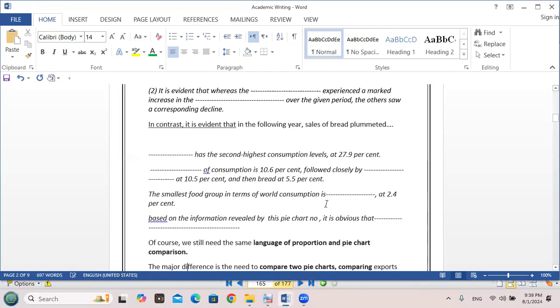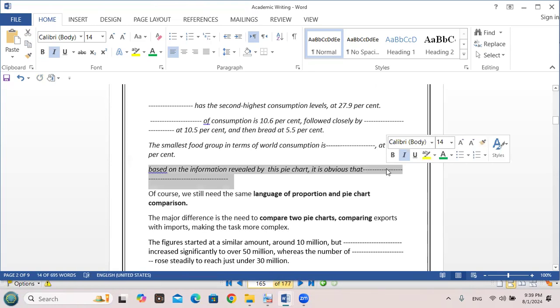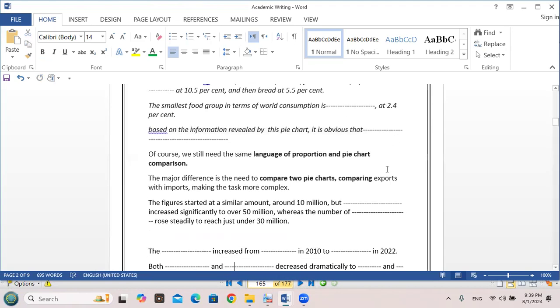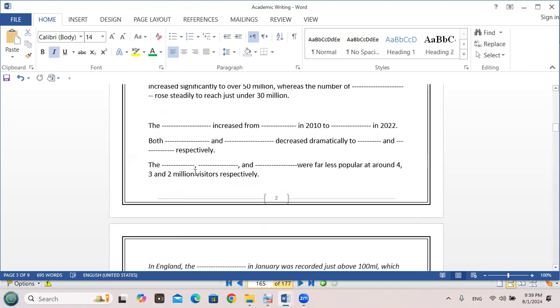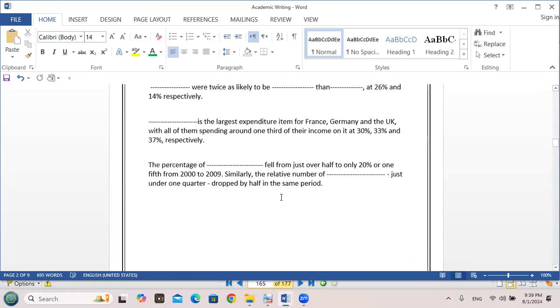Okay, here we have this one. Again, you can write "based on the information revealed by the pie chart." It is obvious that this sentence should be written at the beginning of body one. You got it? And when it comes to this one, you should memorize some sentences to be able to use them. The sentence that they love so much is a sentence that contains the word "respectively." I will give you an example. What does respectively mean? It doesn't have to do with academic writing, but I'd like to explain the word respectively to you. For example, let's say I said Ali, Ahmed, and